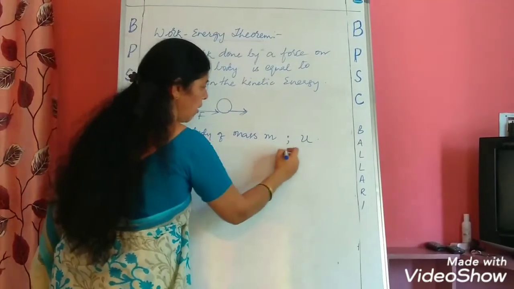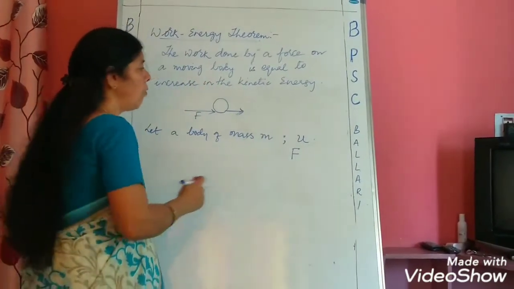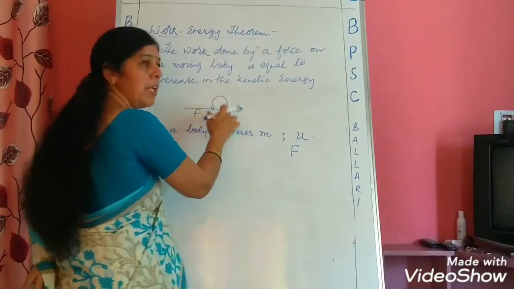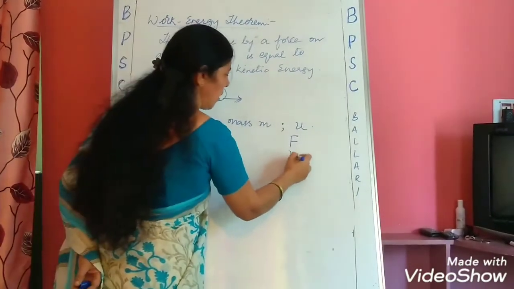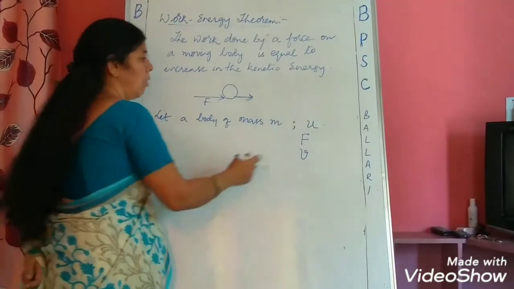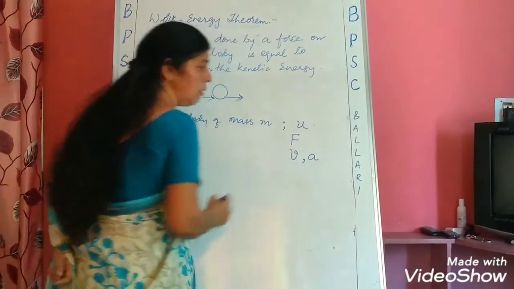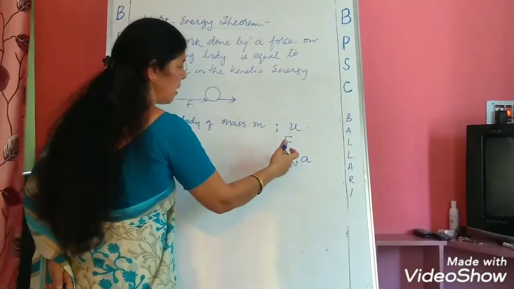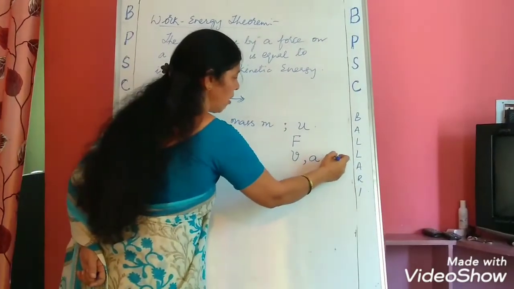Now, I will apply a force F on the body. When I apply a force in the direction of motion, the body accelerates, which means the velocity increases. Let us take that final velocity as v. Now what is the acceleration of the body? The acceleration of the body will be equal to a. By the time everything happens, the body would have covered some distance,